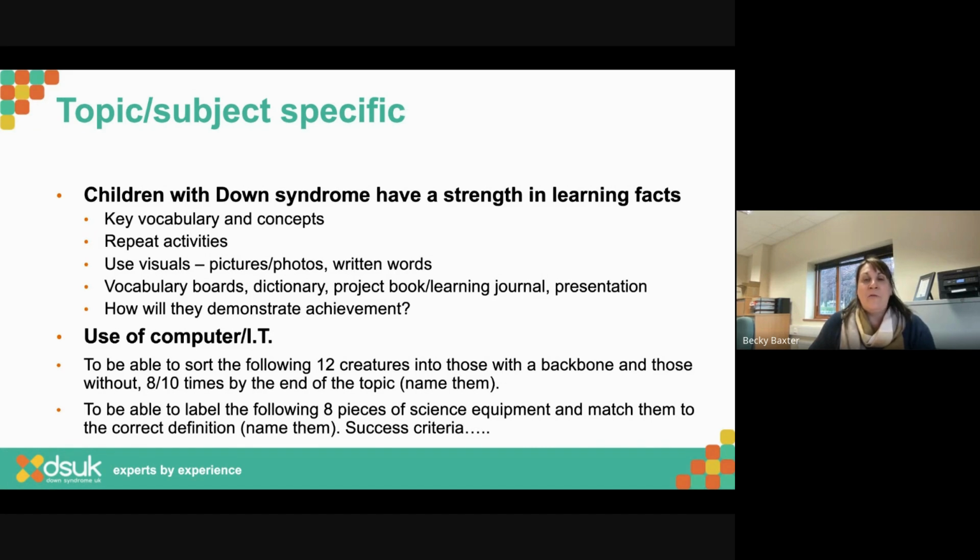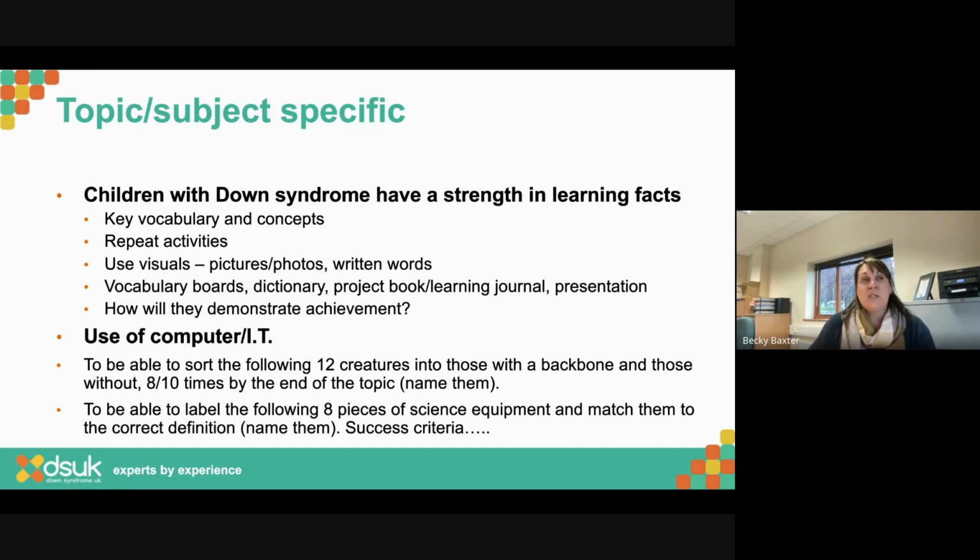So we want to have pictures of whatever the topic is, whatever that vocabulary they're learning is, whatever that concept is. Might be sequences of pictures, it might be photos that they've taken themselves. I always think particularly in practicals like science practicals or DT cooking type practicals, taking some photos, taking some videos, I can look back at those, I can pause them, I can revisit that information.